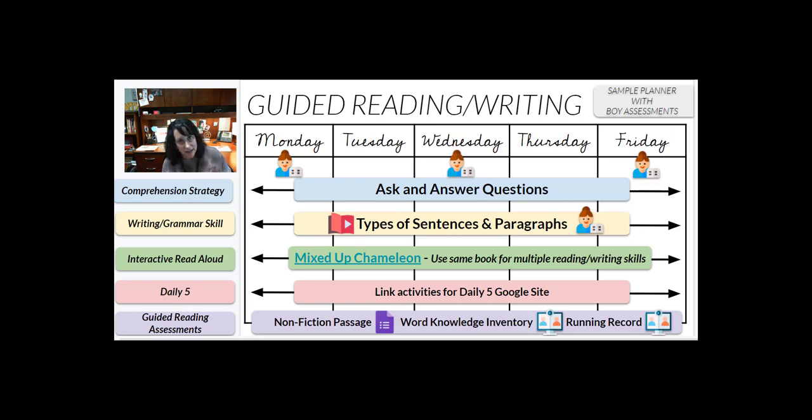Next, we talked about daily 5. And I said, how are you organizing your daily 5? And she said, in Google Classroom, we have a topic, which is what I had suggested. And I said, that could get pretty lengthy as the year goes on if we keep adding items. And I said, I've seen online where people are creating a Google site, which is Google's version of their website tool.